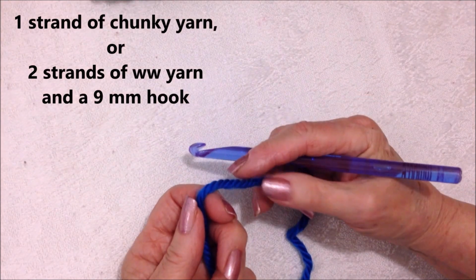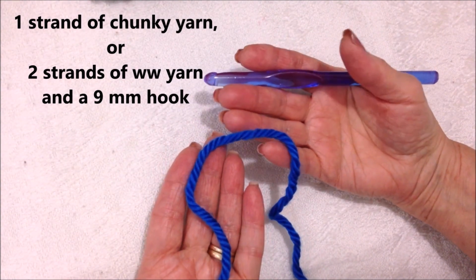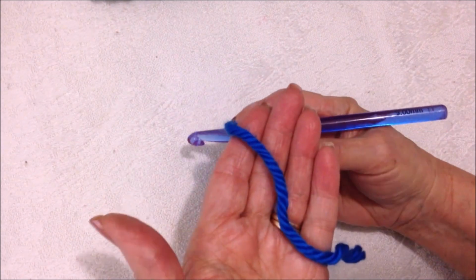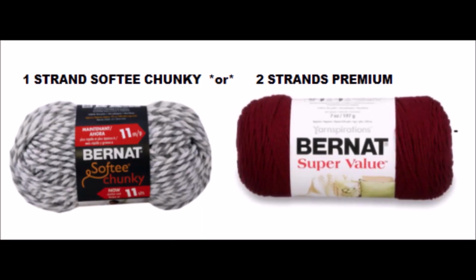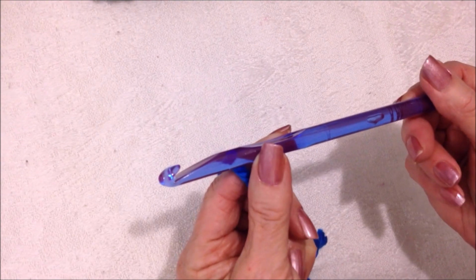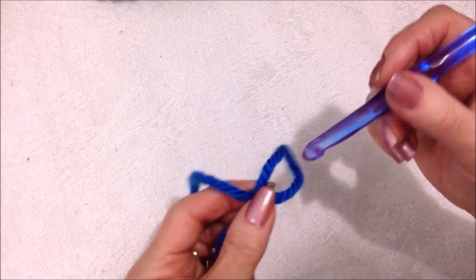To make this easy vest, you're going to work with either one strand of chunky yarn or 2 strands of worsted weight yarn. Today I'm going to use some chunky yarn and a 9mm crochet hook. So I'm going to start with a slip knot,